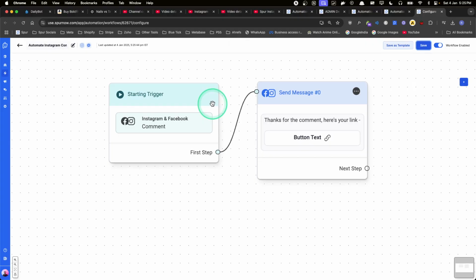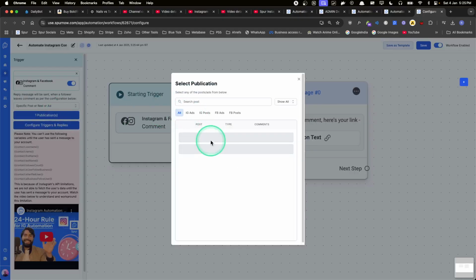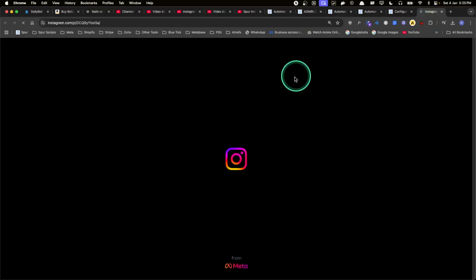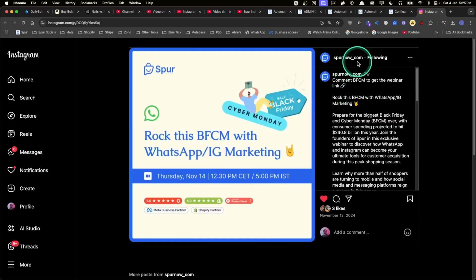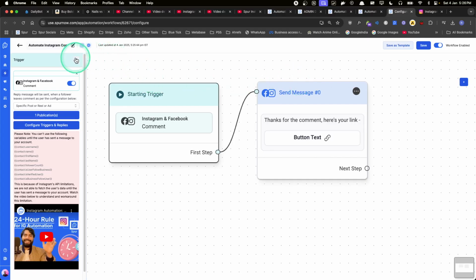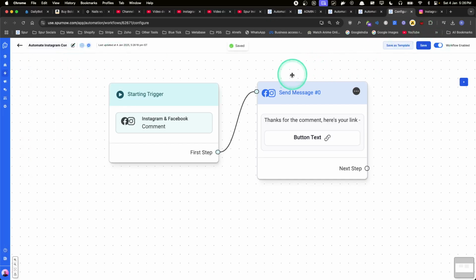The next thing you want to do is you need to go to this publication and actually comment on it from a different account. So let's say I'll comment on this from a different account that is not underscore com, right? To test the automation myself. Sometimes what happens is people will publish an automation flow, but they will not test it and they will get to know about it like hours later that it is not working. So it's best whenever you make any change, whenever you make any automation flow, just test it straight after that, right? So yeah, this is how you can automate comments and send DMs, links in DMs whenever someone comments. We hope you love it.